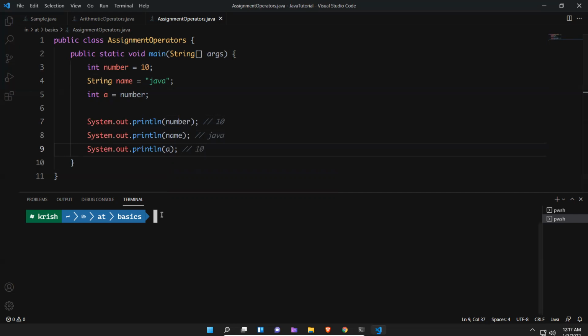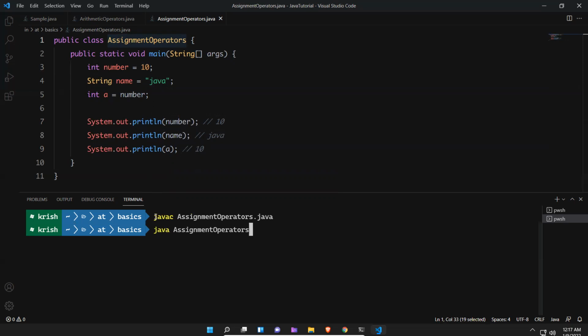Let me copy this and run javac AssignmentOperators.java. Now it will compile. Then java AssignmentOperators. You see 10, Java, we are getting the same output that we are expecting.